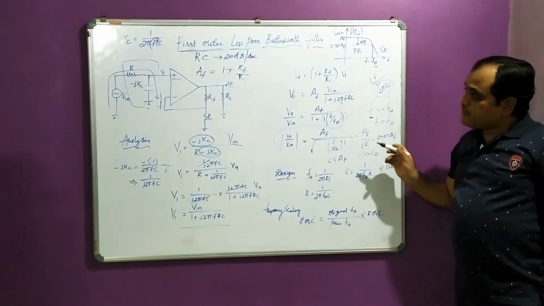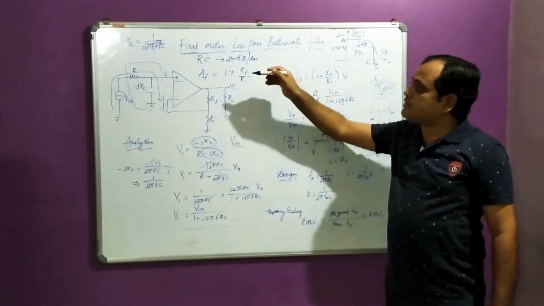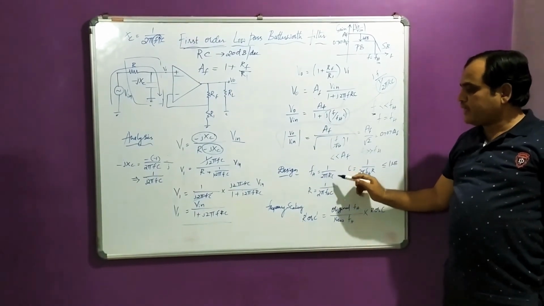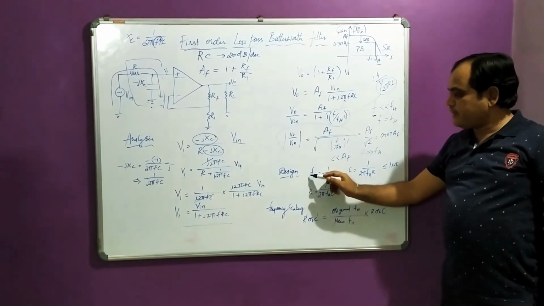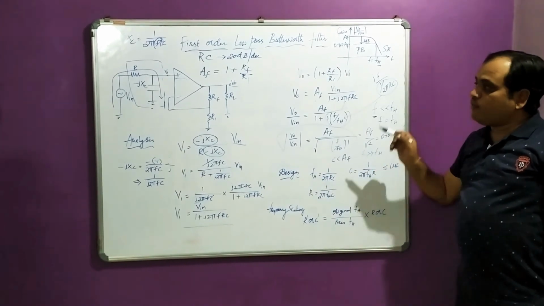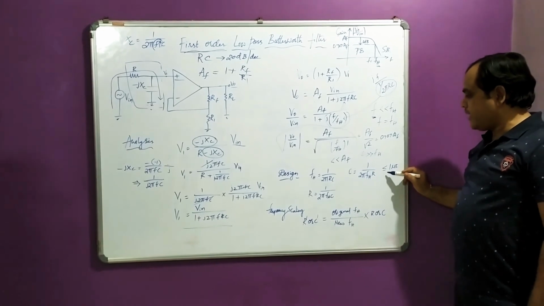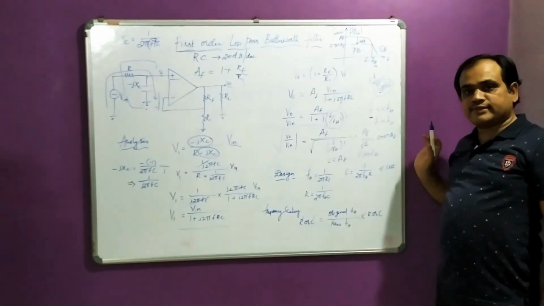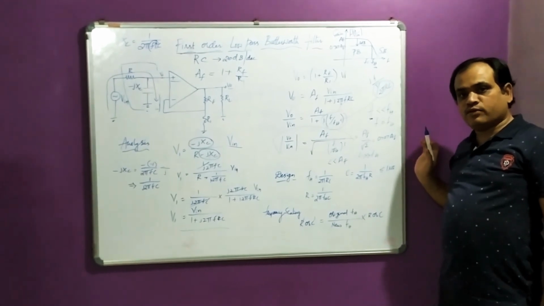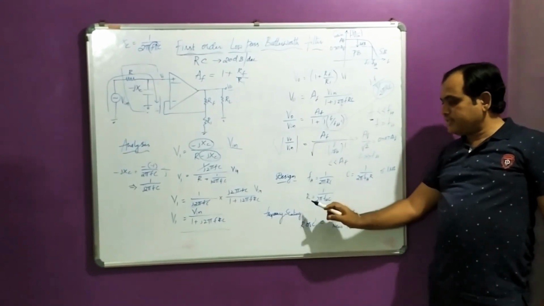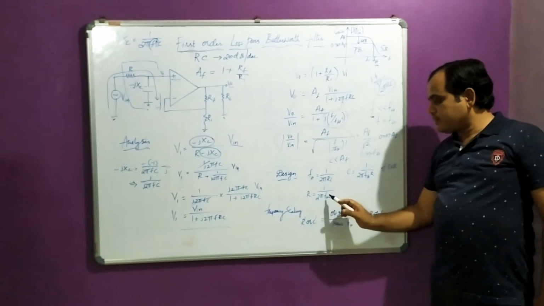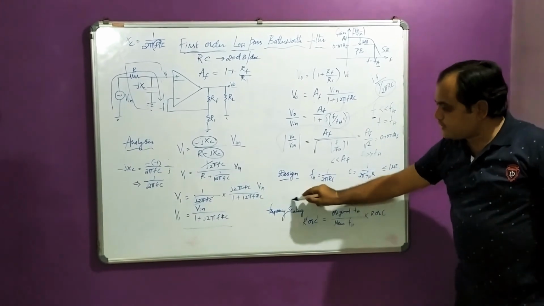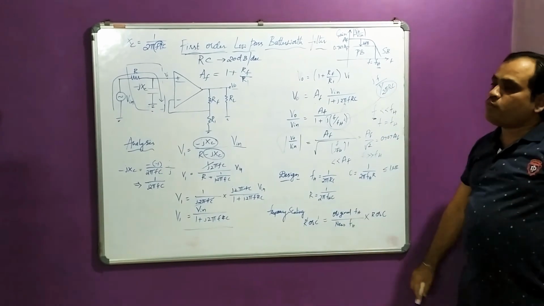Now comes the designing of the first order low pass filter. We have already derived the equation fh equal to 1 by 2 pi RC. Now if you remove this C from here and keep fh, you will get C. While designing, you need to choose C such that it is always less than or equal to 1 microfarad. Now you just see R. If you take R from here to this side, you are going to get the design of R. So this is about the designing of the first order low pass filter.